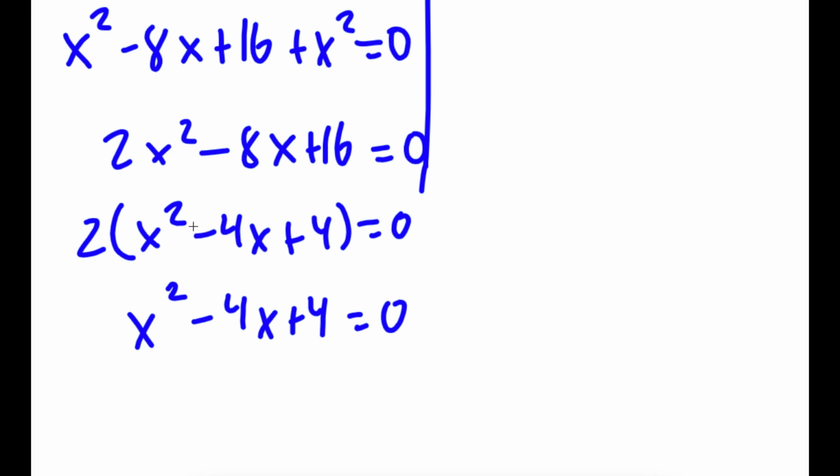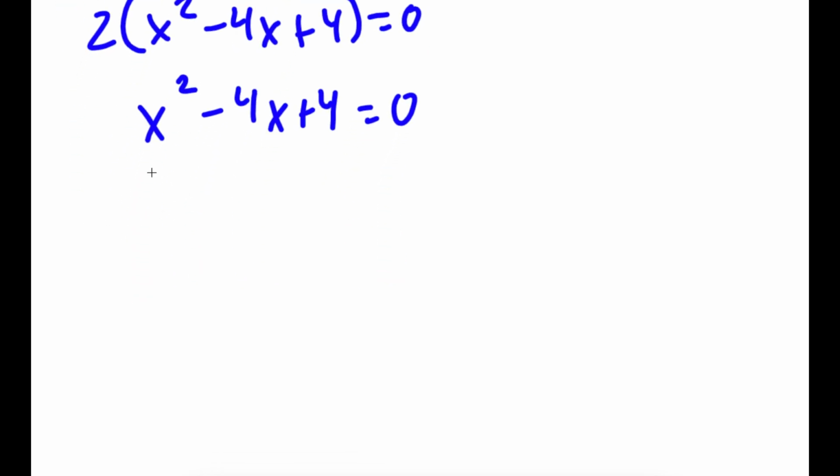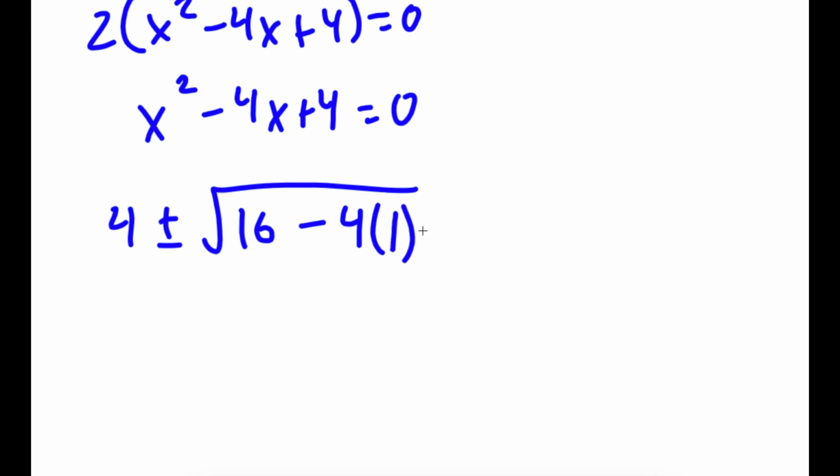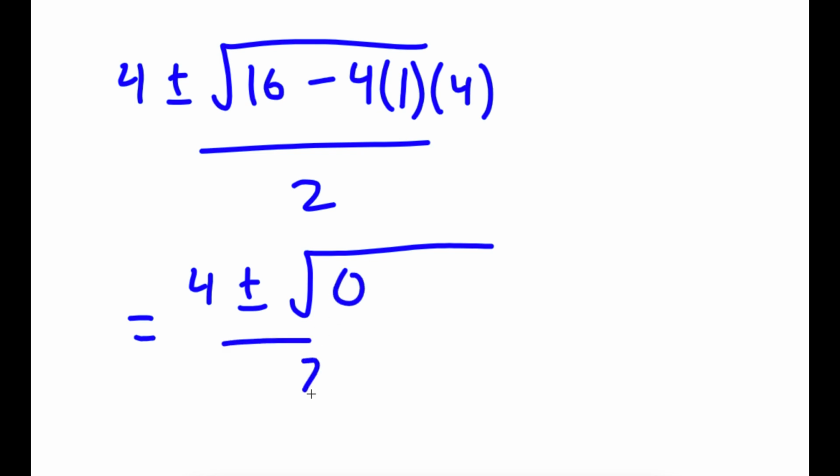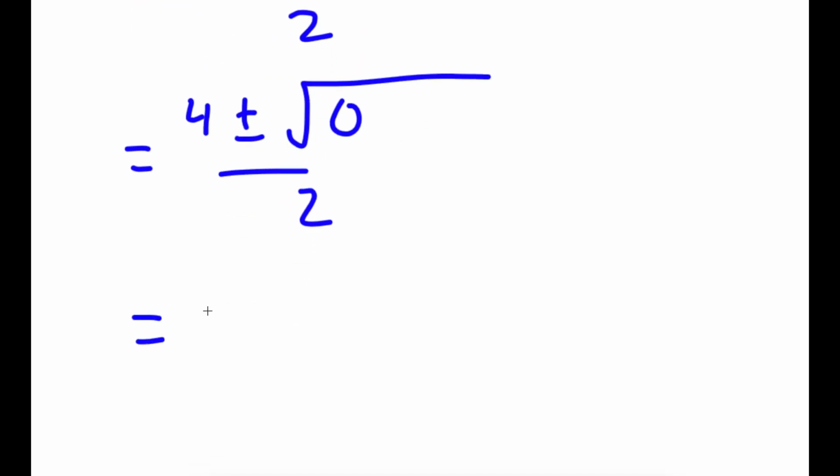Now, I'm going to go ahead and use the quadratic formula, which is negative b plus or minus the square root of b^2 - 4ac. So in this case, I have 4 plus or minus the square root of (-4)^2, which is 16, minus 4 times a, which is 1, times c, which is 4, all over 2a, so 2. And this is equal to 4 plus or minus the square root of 16 minus 16, which is 0, over 2, which is simply equal to